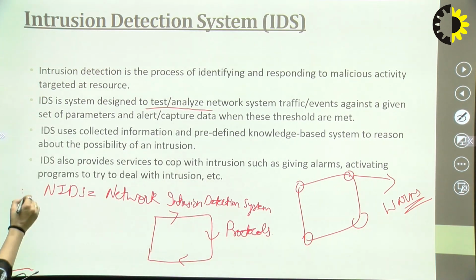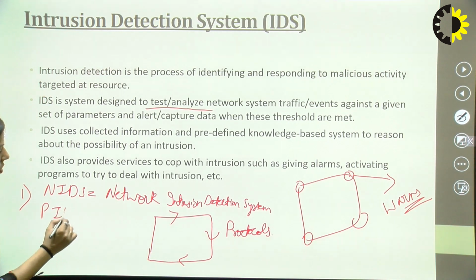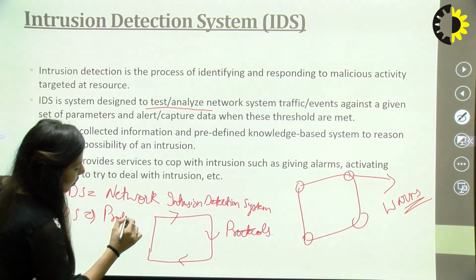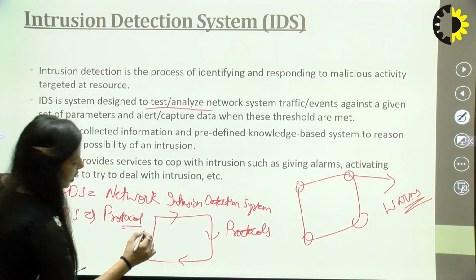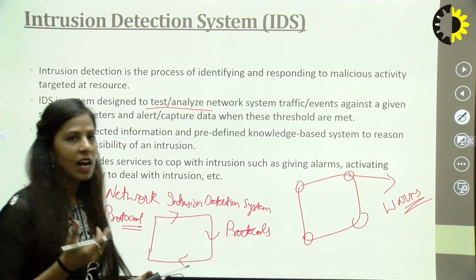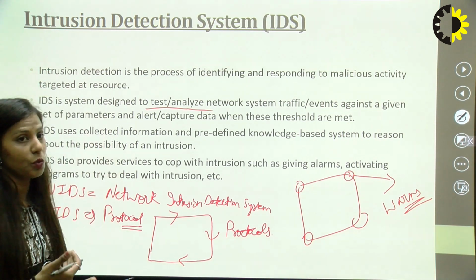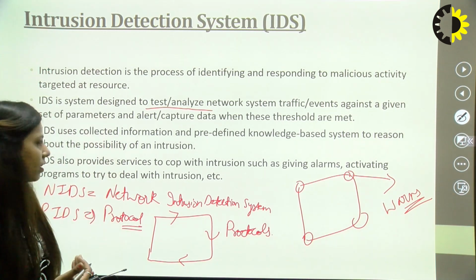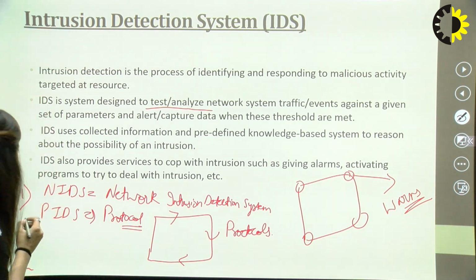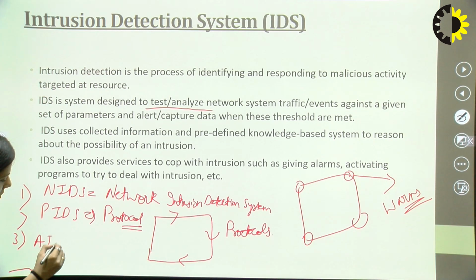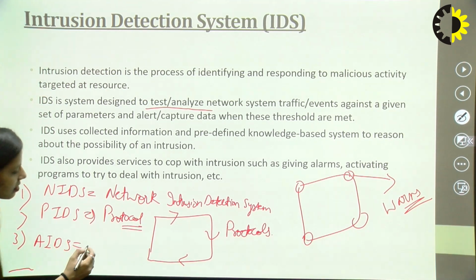So the next type is PIDS, in which it will examine the whole protocols. Whenever a protocol goes wrong, it will give us the alarm, or it will warn us that some protocols are going to be missed, or are being used incorrectly. Next is AIDS. What is AIDS? AIDS is